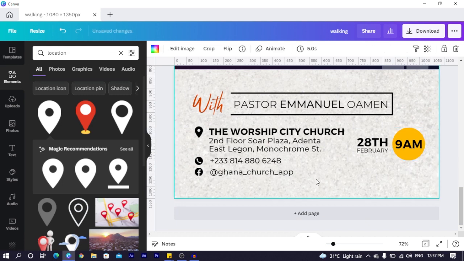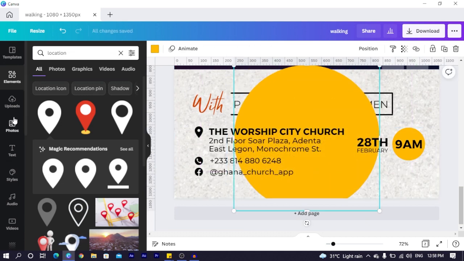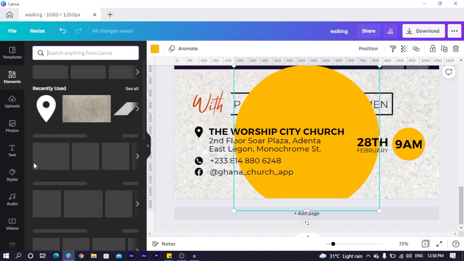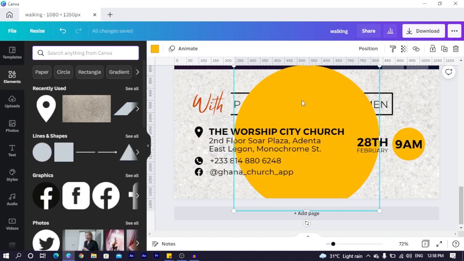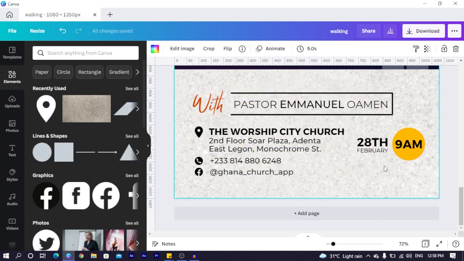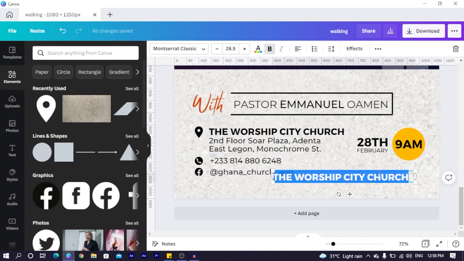So this is just a circle. Press C on your keyboard for circle, or you can come to Elements, you close this up, you see Lines and Shapes over here, then just select circles. As simple as that. Then you add your text. So you can just duplicate this one over here and change it to 9 a.m. Very simple. Then you close this up,